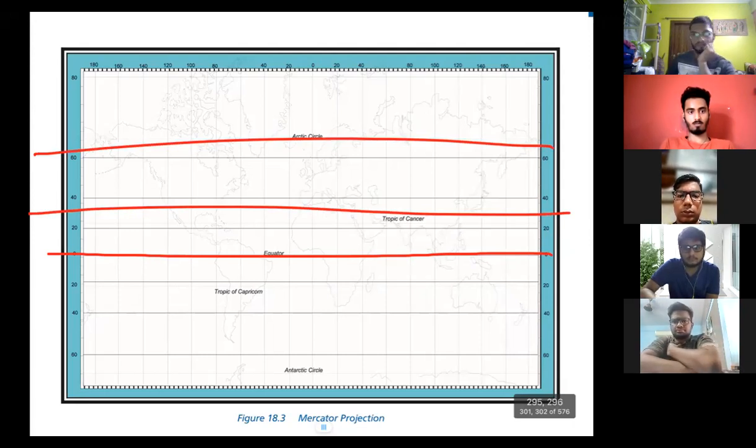Everybody must have heard the name Jeppesen chart. Everybody might have heard of Jeppesen charts. Jeppesen charts are by a publication that is not in India but in a foreign country. So they make Jeppesen charts that are completely Lambert's conformal conical projection charts. Those are the charts